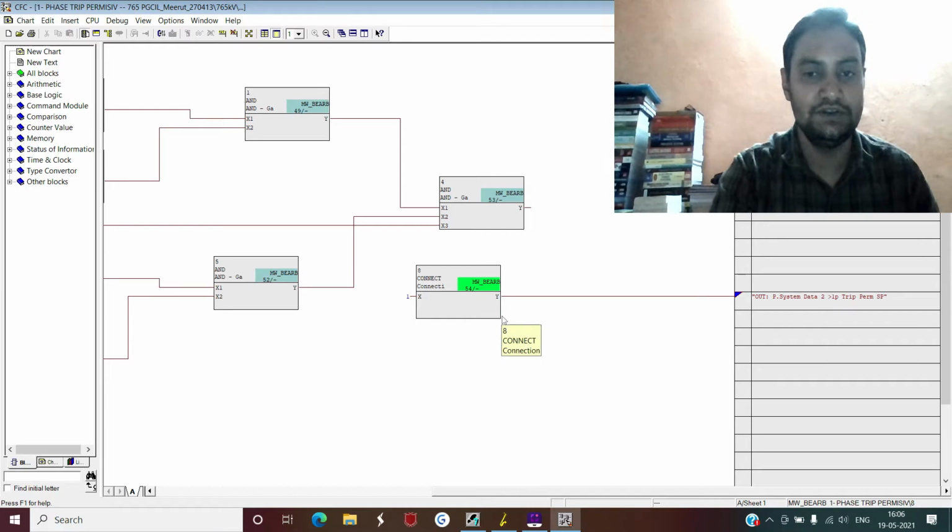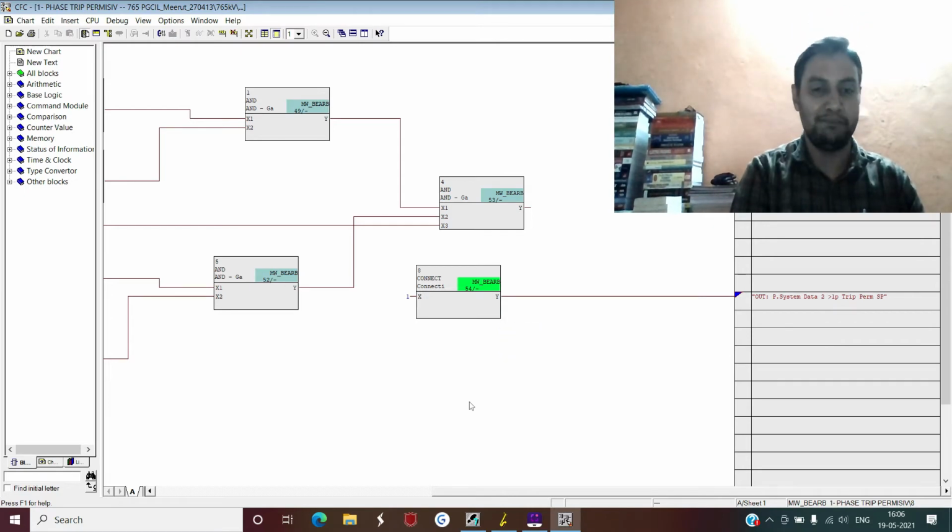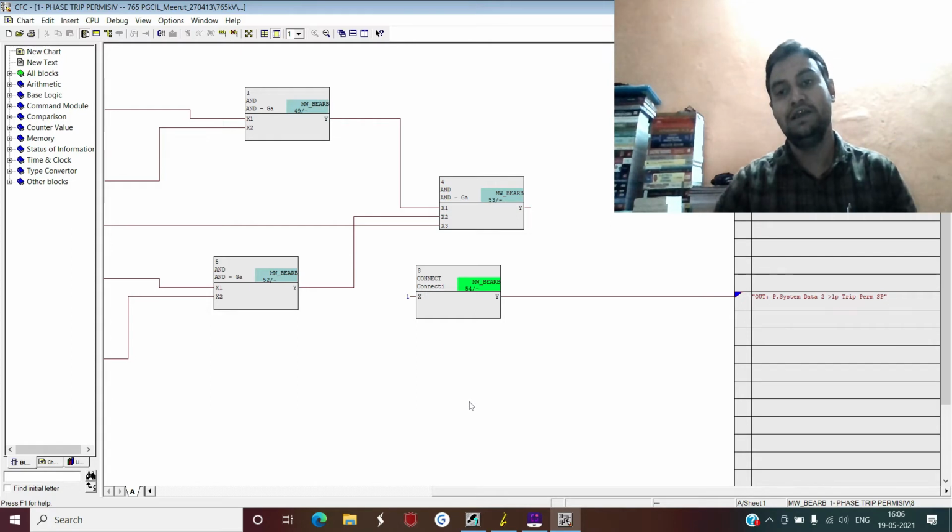But suppose you want your logic to have different compilation time. You want some of the logic to compile as fast as possible. For example, if there are some logics created for the protection function, then you want your system to compile those logics as fast as possible. A second set of logics might be for signals which you are using for some interlock purpose. There you can give some time delay, because these signals are not that important compared to your protection signal. So the compilation methods simply determine the time of execution of your logic.